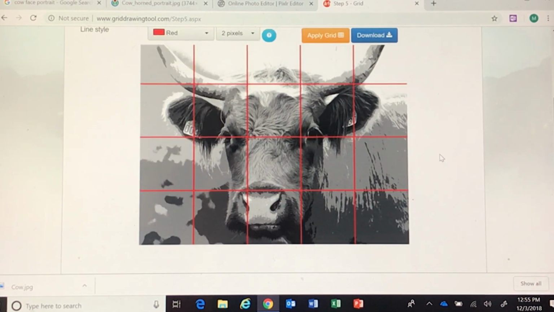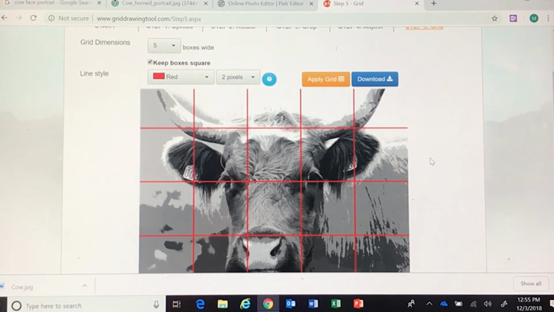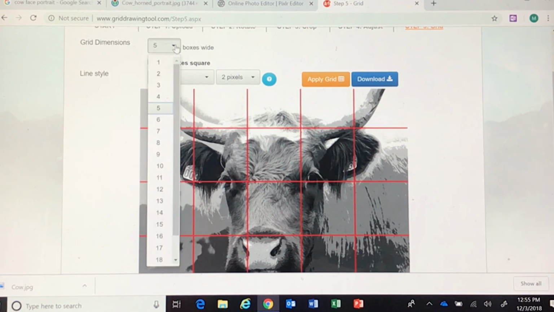And it already has a grid on it, but this is not the same number of squares that we have on the paper we've pre-gridded. And so we're going to make a few changes. The grid on your paper is 12 squares by 16 squares. The long side is 16 squares, and so since the long side is the top on mine, and this says the number of boxes wide, I change this to 16